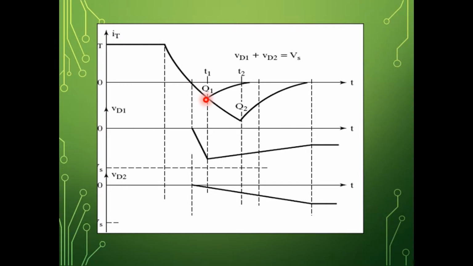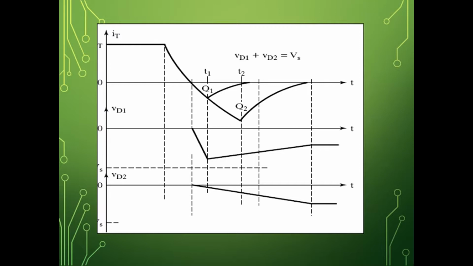Okay, and you observe here, it is shown for two thyristors. This is for thyristor T1 and this is for thyristor T2. Both the thyristors have a difference in the stored charge. In one thyristor it is Q1, the other thyristor is Q2. So what will happen? Your turn off time is completely changed. When the thyristor gets turned off, the maximum voltage appears across it. The thyristor which will have the least recovery charge or the least reverse recovery time will have a higher transient voltage appearing across it.